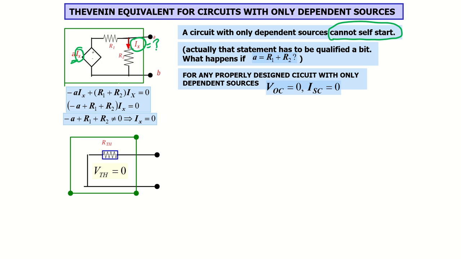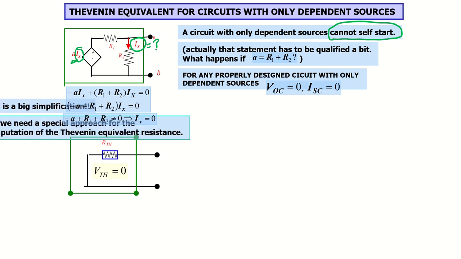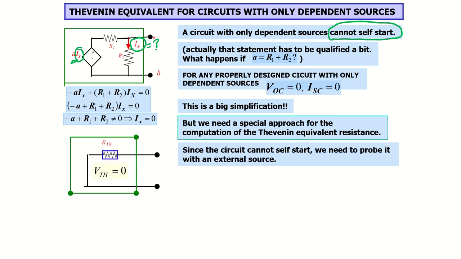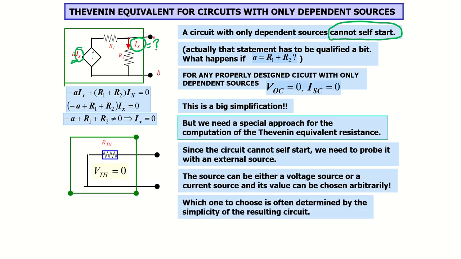So for this case, because it cannot self-start, what will we do? We will try to induce, we will try to apply some external source. It could be a current source, it could be a voltage source. So we will apply that, and by using that, we will try to compute what could be the voltage drop here and the current, now,